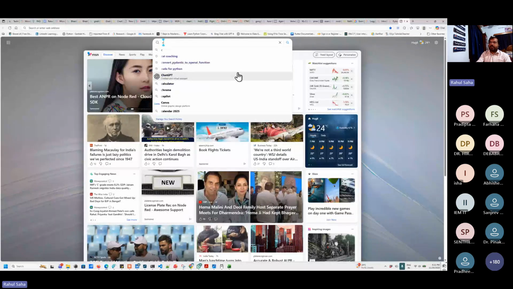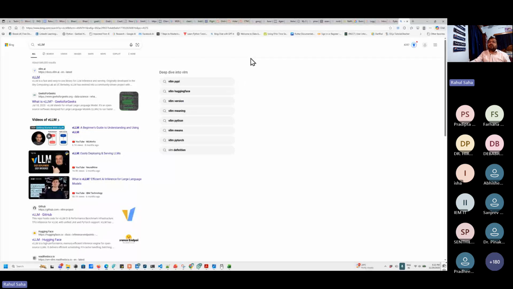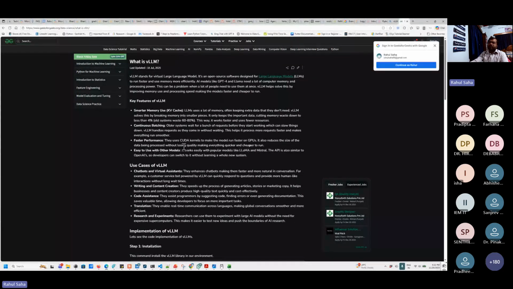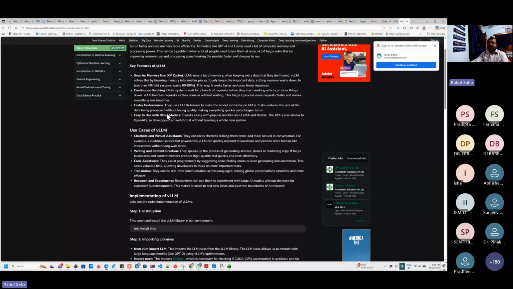Another library is vLLM that you can try. vLLM also lets you run models locally on your system. So vLLM is a virtual large language model. It also runs on both